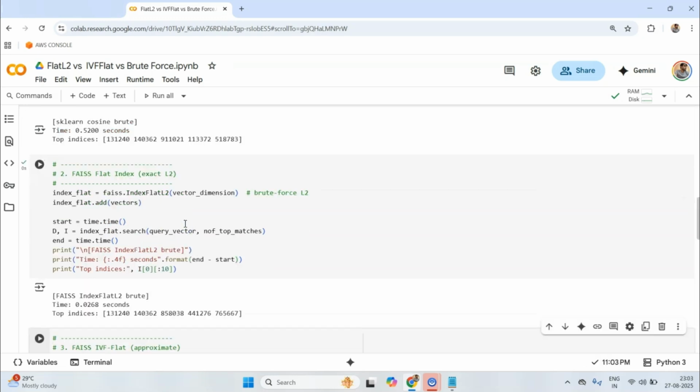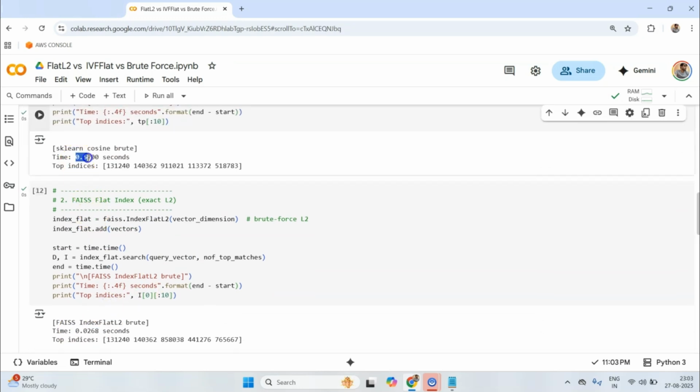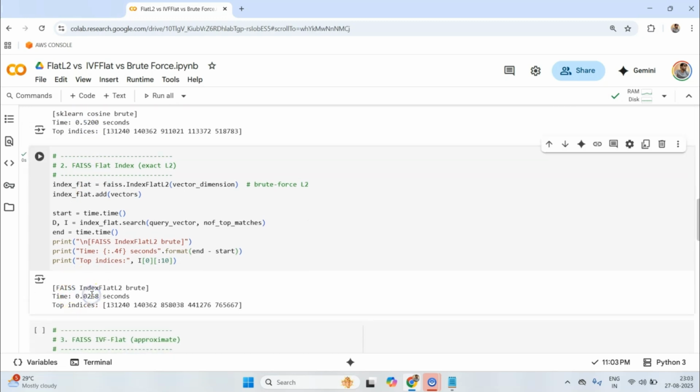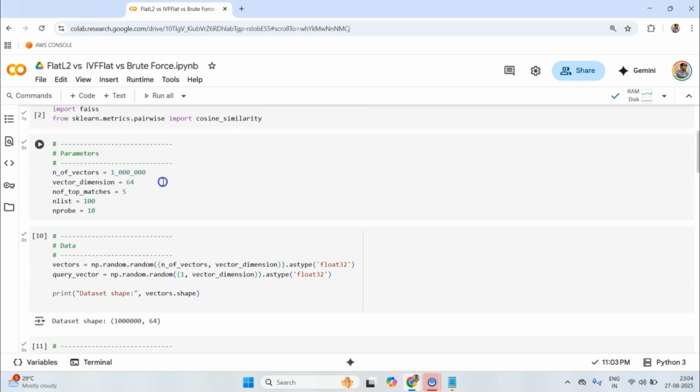So let's run this, and you see the improvement, right? The query which was taking 0.5 seconds is now only taking 0.02 seconds. Now you will think that these things do not matter that much, but let's notch it up a little bit. Let's do 10 million now again.